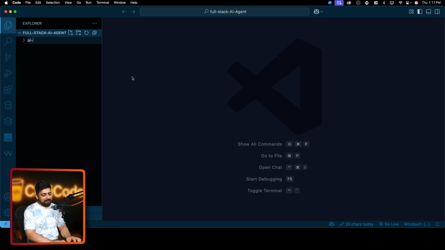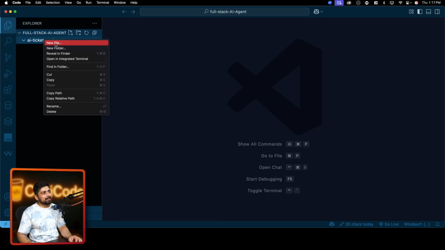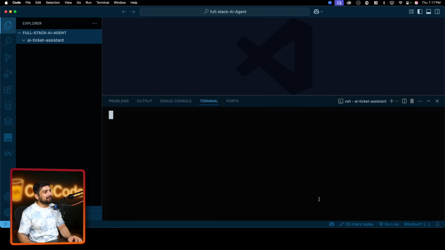So let's call this one AI ticket assistant. And feel free to call it anything else. AI ticket assistant is something that makes sense for us. I will go ahead and open this up, and the first thing that I'll do is let's actually initialize a project here first. So open the integrated terminal,